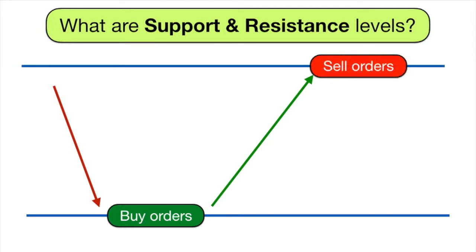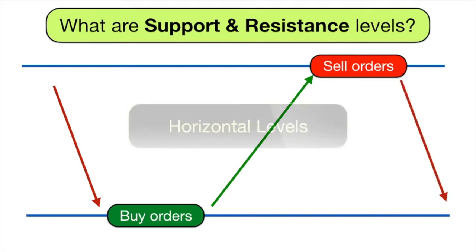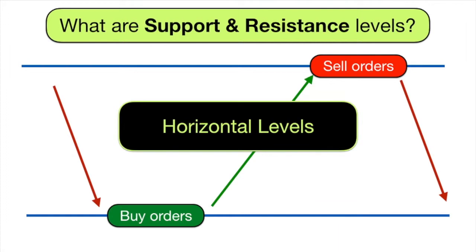There are different types of support and resistance, and we're going to discuss the horizontal support and resistance levels today. And there are also sloping support and resistance levels, which are often referred to as pattern lines or trend lines,